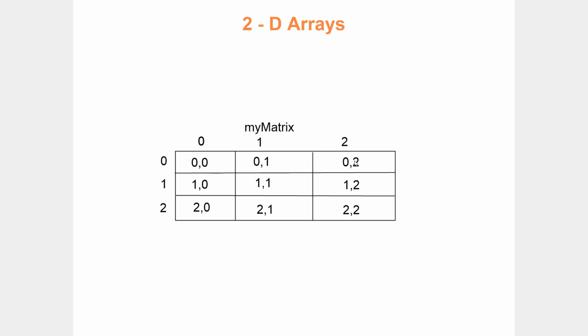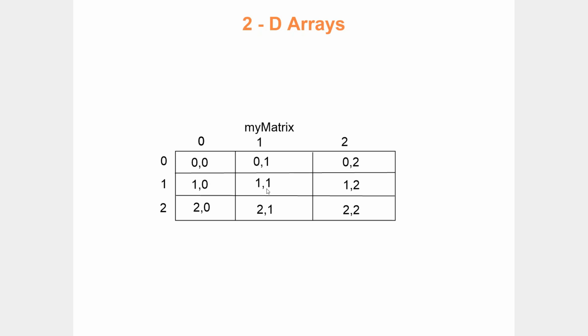Yes, the first row is completed. Next, go to the second row. Always the second row will be available at first position, that is 1. In the second row, go to the first column. Where is it located? It is located at first row and 0th column. So the address of this cell is going to be 1, 0.